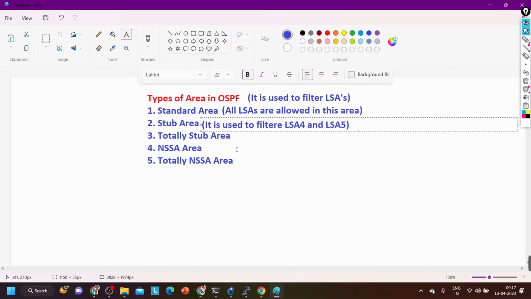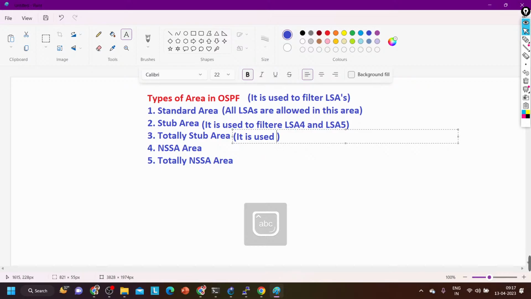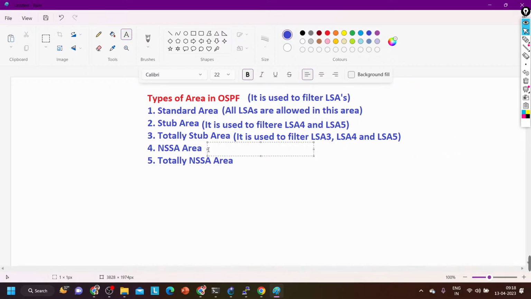What is the use of totally stub area? Totally stub area is used to filter LSA 4, LSA 5 as well as LSA 3. Filter LSA 3, LSA 4 and LSA 5. Okay. Then NSSA area. NSSA area is again used to filter